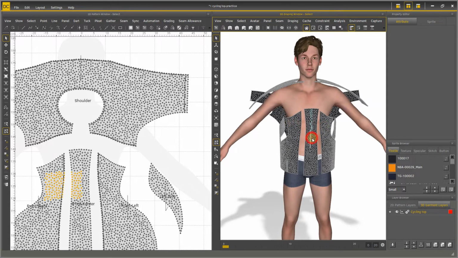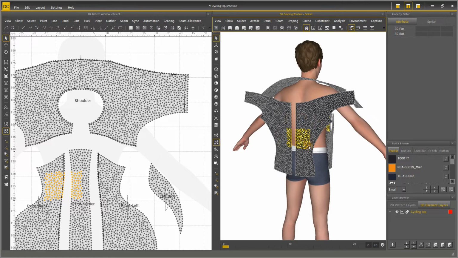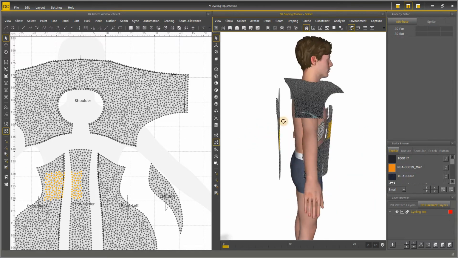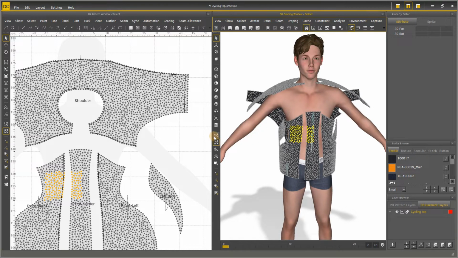If you select the vertices from the front, some vertices from the back will also be selected at certain angles or viewpoints. To avoid this situation, it is recommended to select the panel before going into the vertex selection mode.